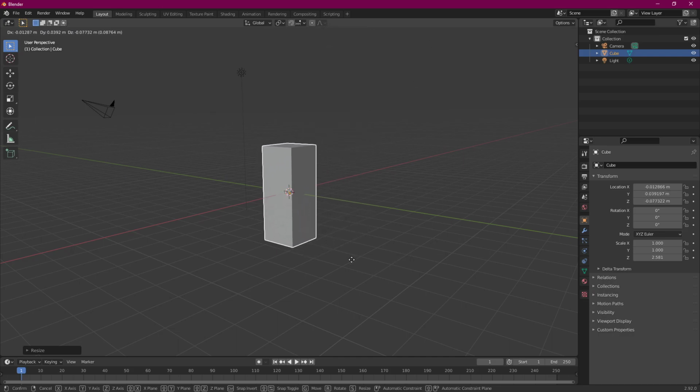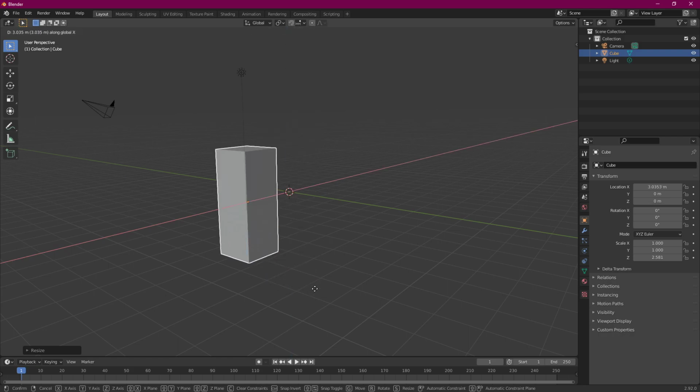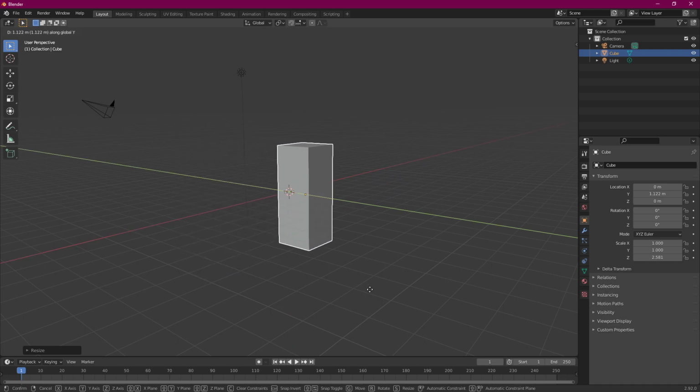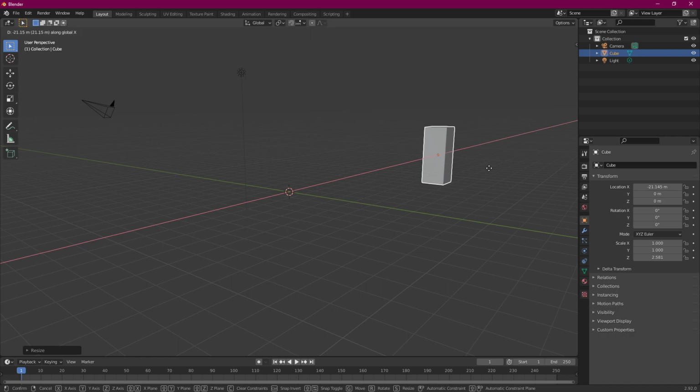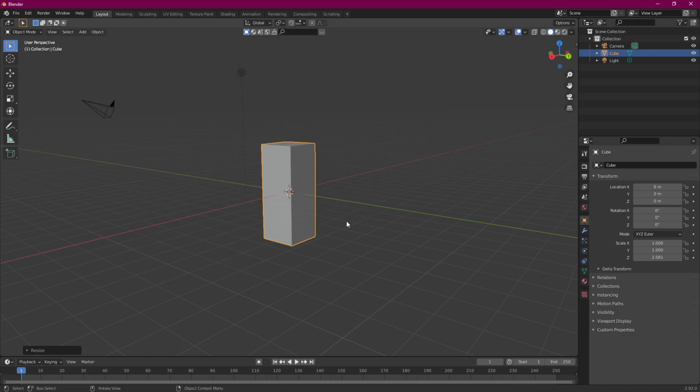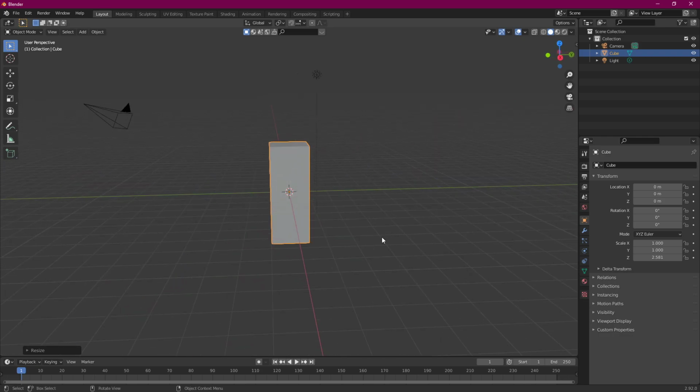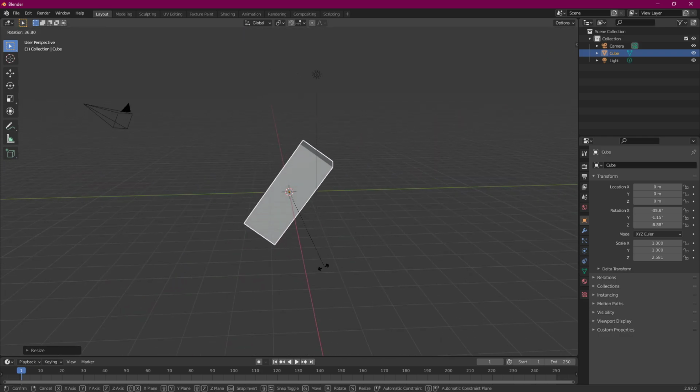Or we can move it in any one of these directions just by clicking that key on the keyboard while in movement mode. And as you can see, this corresponds to those axes. And the last thing is rotate. So right now I'm just freely rotating,